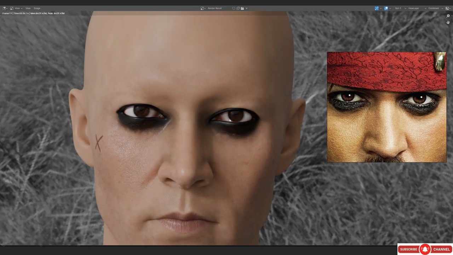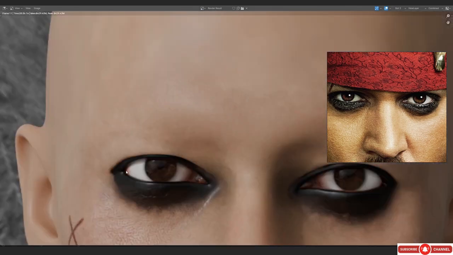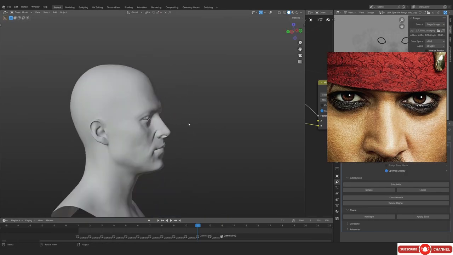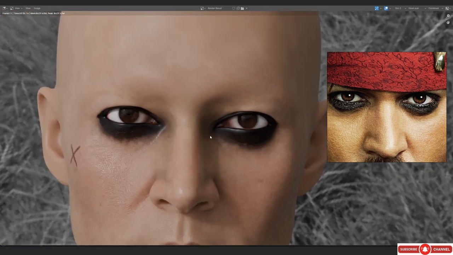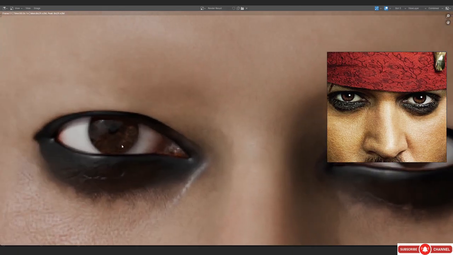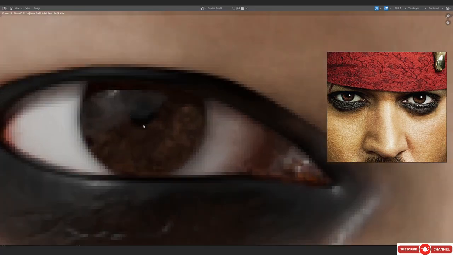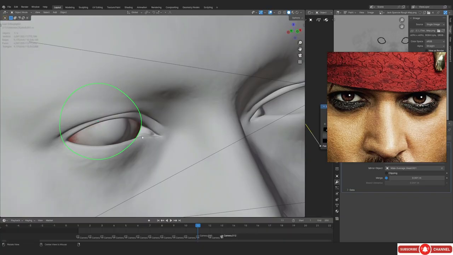Alright, so we've also adjusted the eyelid a little bit, and I think it's looking a little bit better now. So that's actually pretty nice as well. I think this is something that I've already talked about in the beginning of the course, that we are going to be changing the shape of the eyeball and stuff. So it should not be a surprise for you. Also, if it actually is making it look better, I mean, why not, right? It's not like we want to go super accurate to the real world. I mean, if you really want to, you can even animate this. If you can rig it properly and stuff, you should be able to animate this as well.